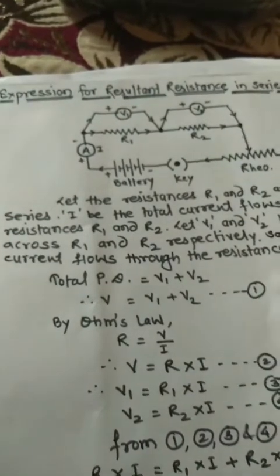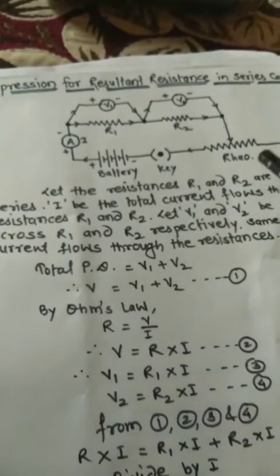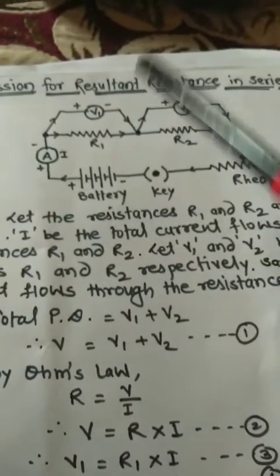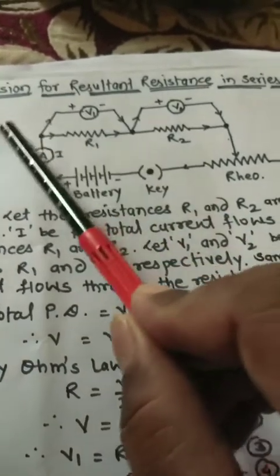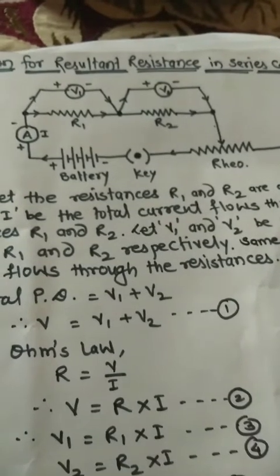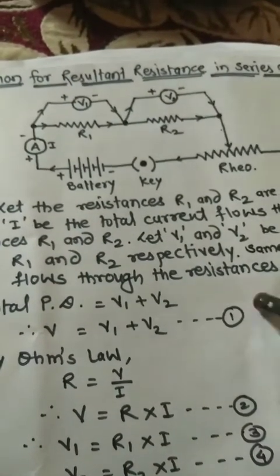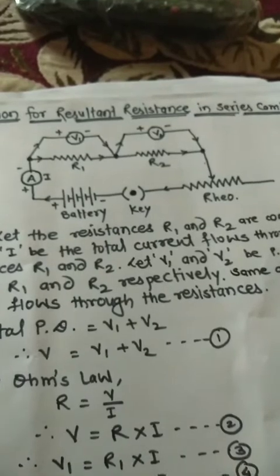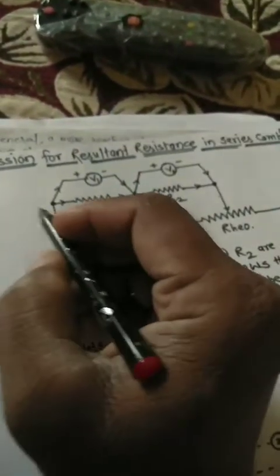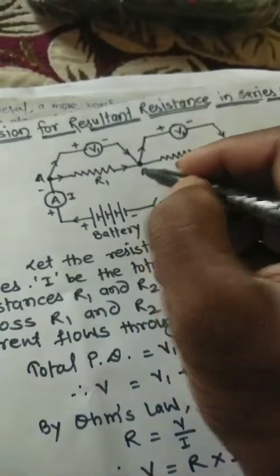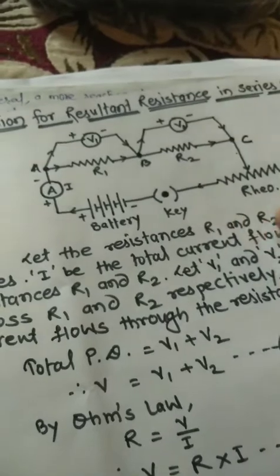But for that purpose, the circuit diagram is very important. How to connect the appliances in the series combination? So for that, the most important thing is the circuit diagram. On the circuit diagram, marks are there. So how to connect? See, R1 and R2 are connected in series. So we will give the terminal names here. Terminal A, here terminal B, here terminal C. 3 terminals we made.